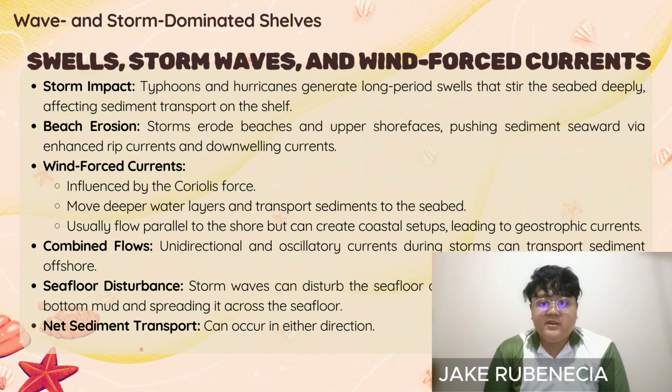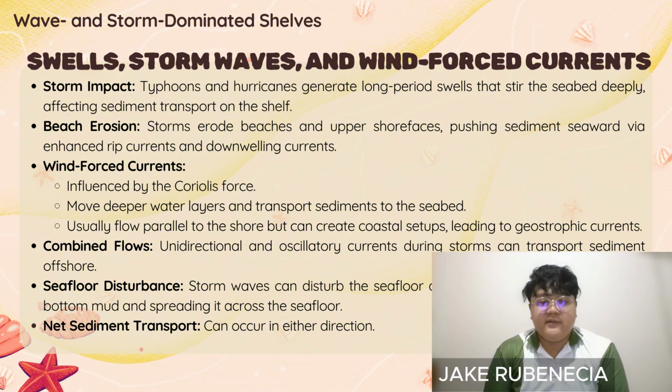Sediment typically moves obliquely offshore, with some sand shifting from the beach shoreface to the offshore areas. However, geostrophic currents usually transport sediment parallel to the isobath, not directly seaward, limiting the distance sediment can move outward